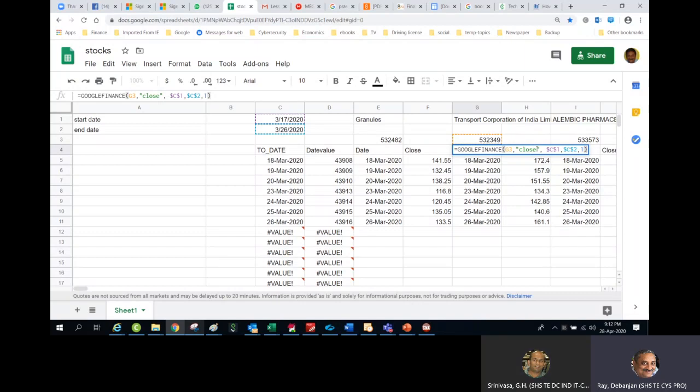Then you have to write whether opening price or the closing price. For me, I have picked up the closing price, and then I have to give a date range. That means this is the starting date, and this is the ending date, followed by one code. I forgot why the one is there, but you have to search for the Google Finance code. Now, if it presses, then automatically this will be there.